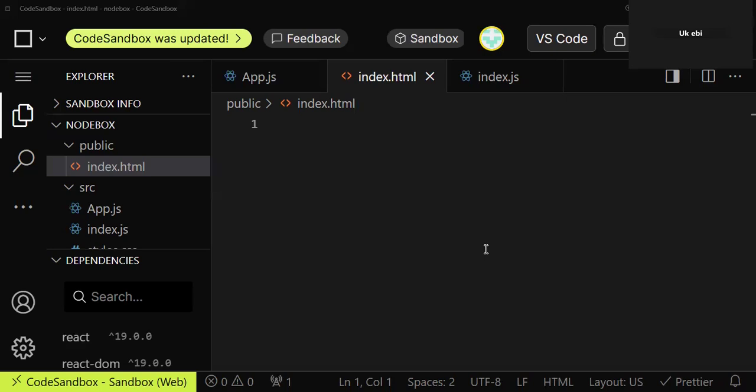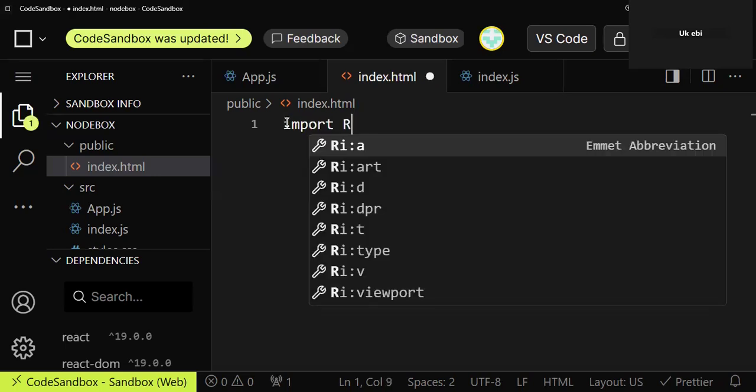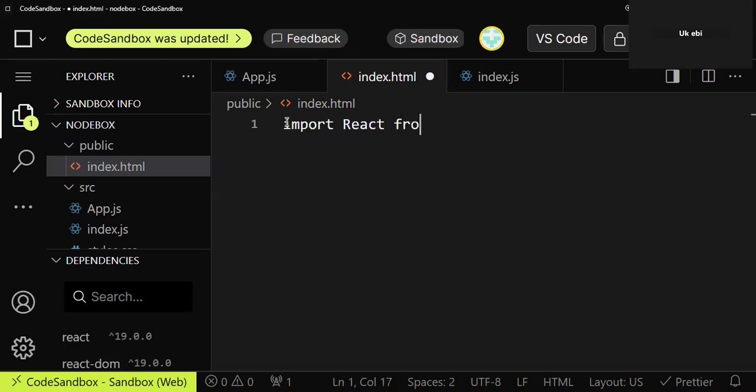So I'm right in my editor. I've already edited the editors. So I'll be starting with the index.html file. So I'm going to put in the codes now. So the first thing I'll be doing is to import React from the React library. So import React. Then the next thing is